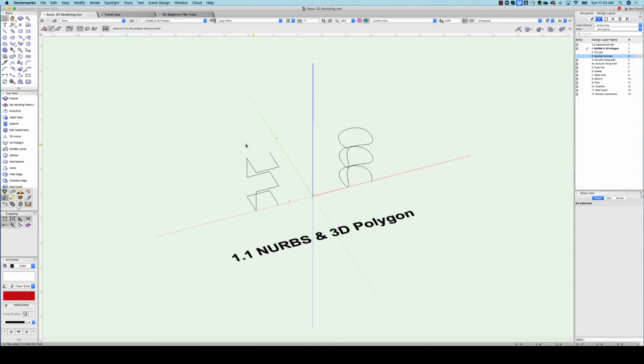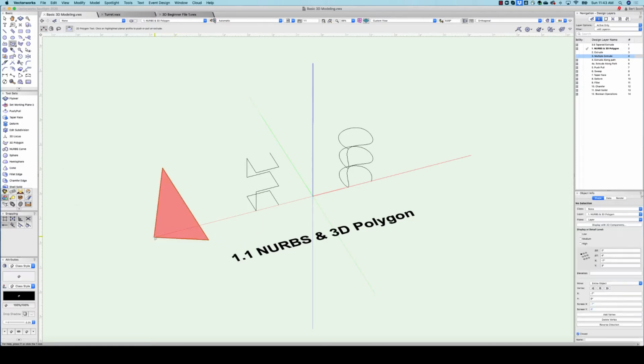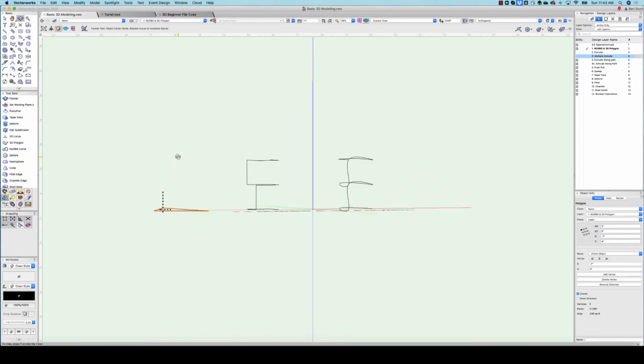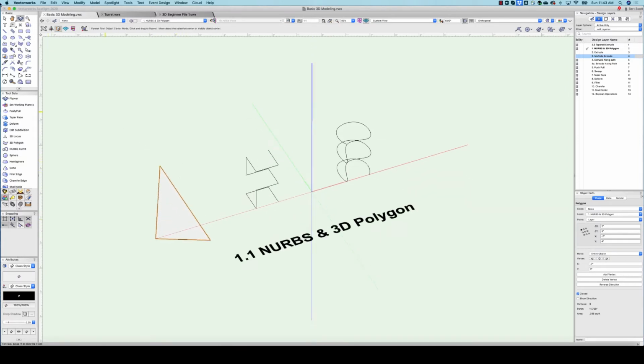So we're going to start with 3D polygons and NURBS. In order to talk about a 3D polygon, let's first talk about a 2D polygon. The 2D polygon tool allows you to draw a polygon that has the corners or the vertices coplanar, meaning they're on the same plane, which means that the object is flat. It's 2D. The 3D polygon tool allows you to draw shapes that have